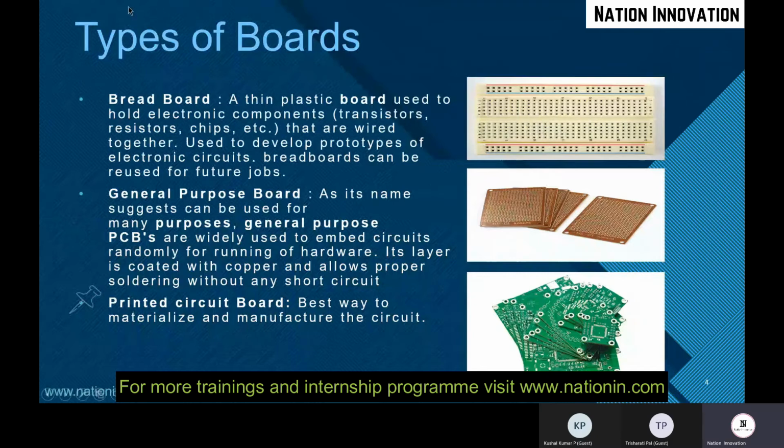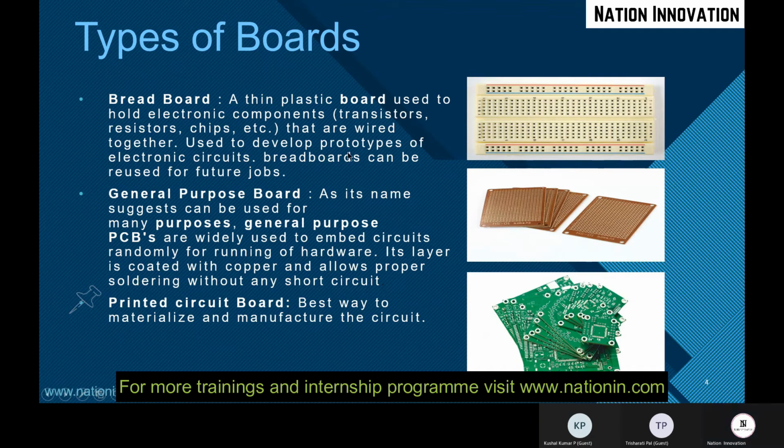So there are mainly three types of boards. I guess you all have seen these. First is a breadboard, the second one is a general purpose board, and the third one is a printed circuit board. Firstly, the breadboard is a thin plastic board used to hold electronic components like transistors, resistors, diodes, and ICs.